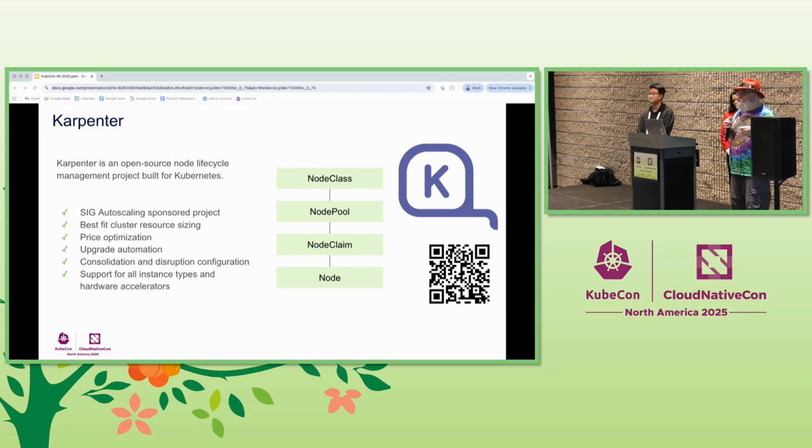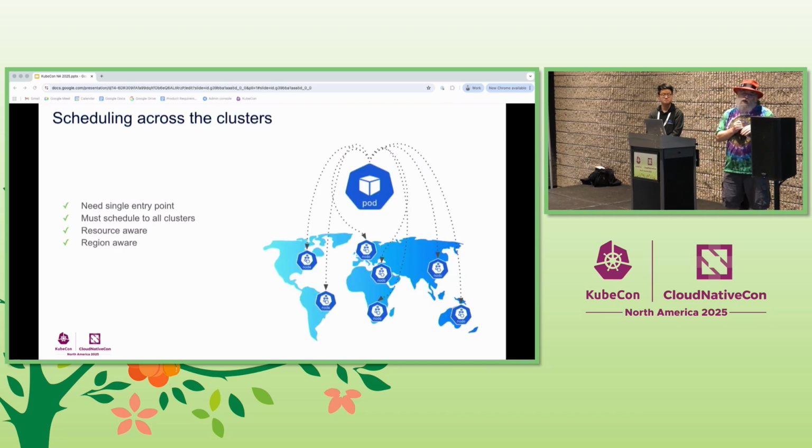It doesn't need ops people to be directly involved, and it can find when the cluster is less optimally configured, and then reconfigure the cluster to use better price nodes, better resource nodes, and this just leads to better ops all around. So if we've got a way to create clusters easily, and we've got a way to automate those clusters' behavior,